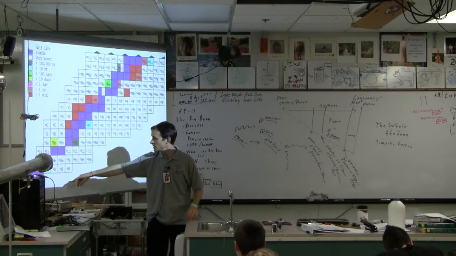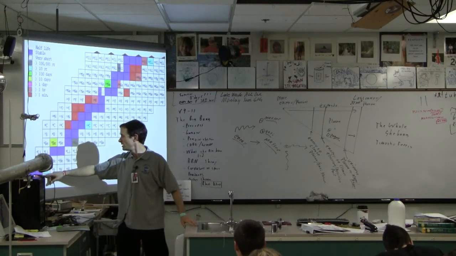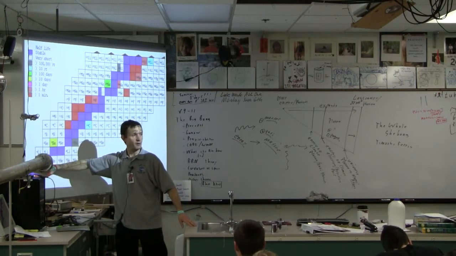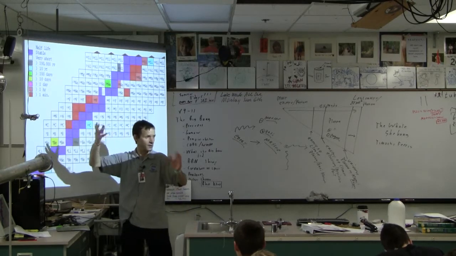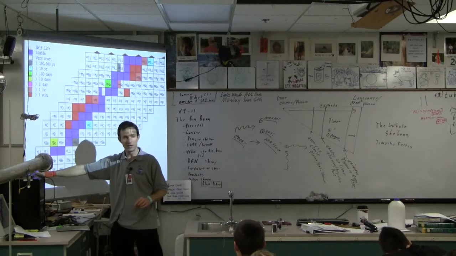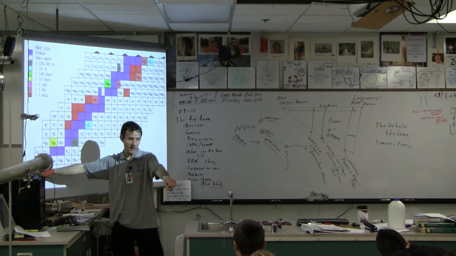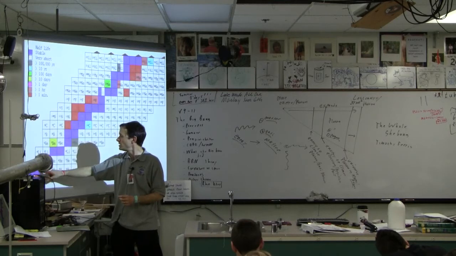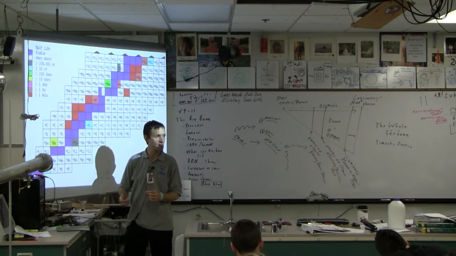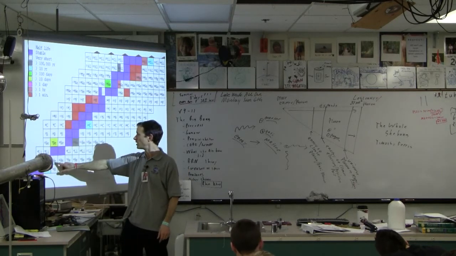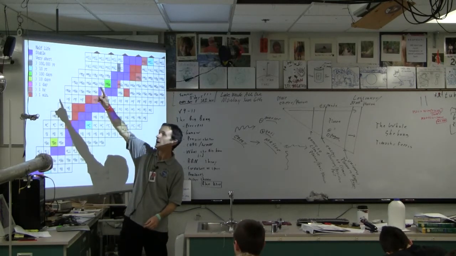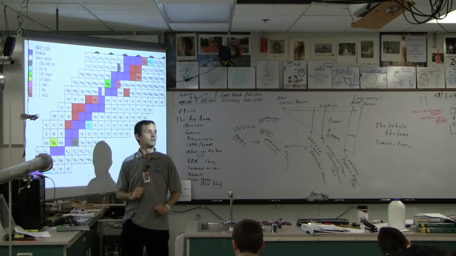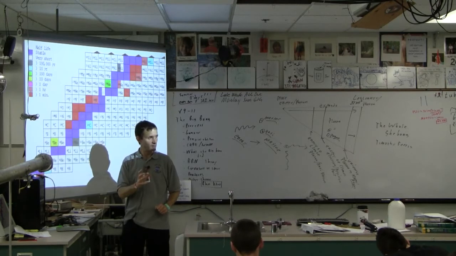Now, if you look at this, these numbers here that you see, the element that it is, how many protons, right? So this is 1 proton, 2, 3, 4, 5, 6, right? Let's not look at that for a sec. But let's look at this number that comes before. That number that comes before, and you've got it on your notes too, is how many particles there are in the nucleus. Now, the second thing you need to know is that the ones that are white might exist briefly but are just unstable. So if you look at that, their half-life is very short. Unmeasurably short, right? So suffice it to say that those guys won't stick around very long.